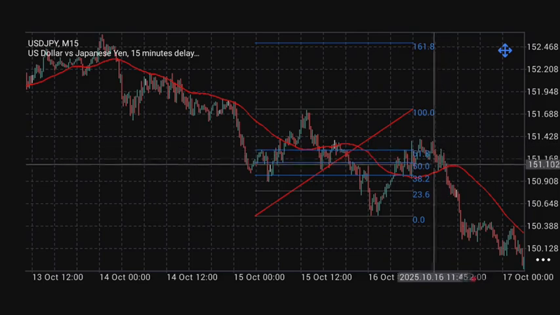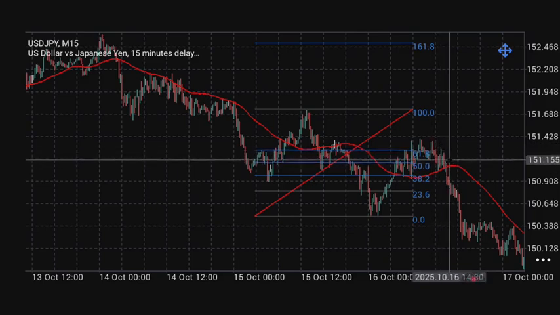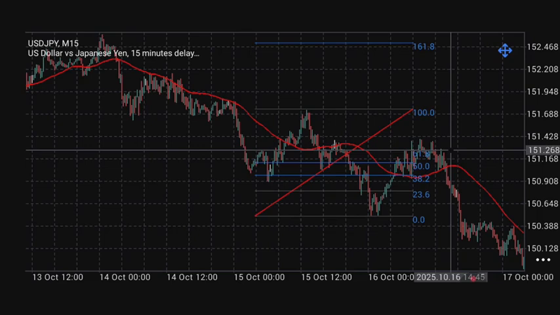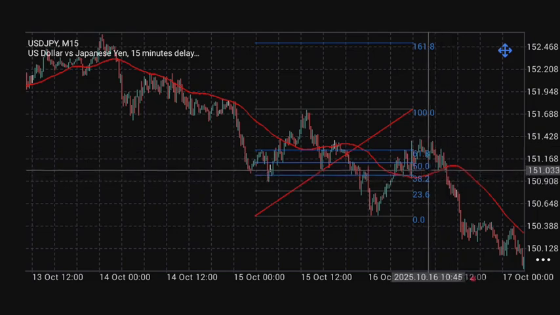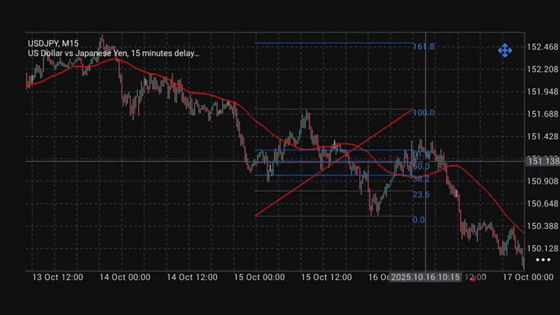A lot of orders are clustered between the 50% level and the 61.8% level. Remember, the 61.8 and 50% Fibonacci levels are the golden zones, where a lot of people want to take trades. Now, if you actually look at what happened here, you see the price immediately after touching the 50% zone